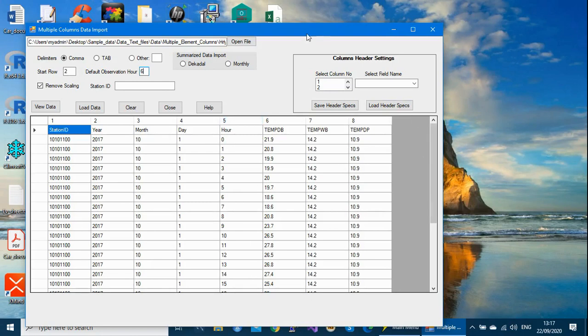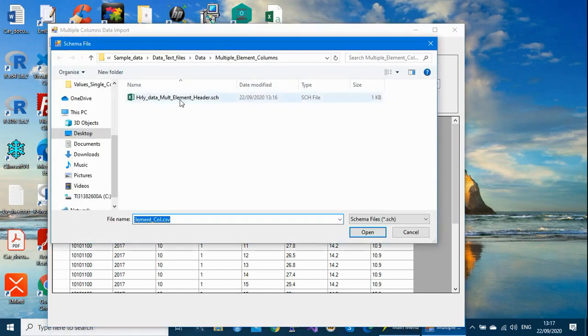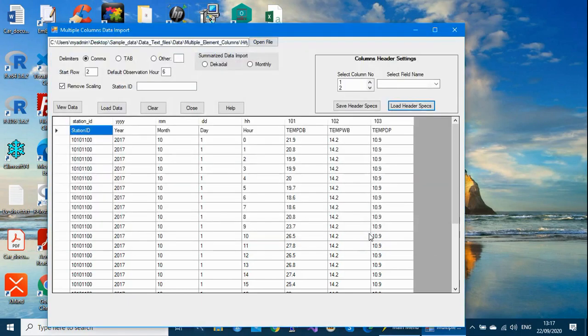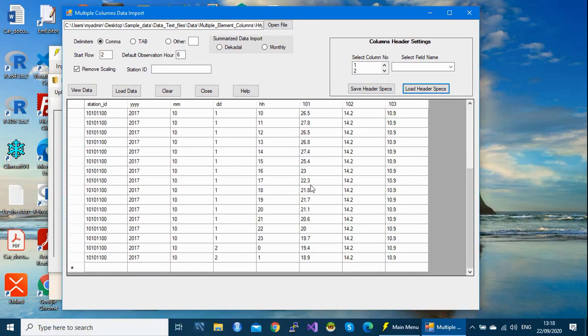So the next step now is, instead of defining afresh our headers, we'll just load our header, just to apply it on top of the file. This is our file containing headers. If you click on open, it will just apply it on top of the file. So as I said, since we have the column for hours, the system will not consider this one. It will rather use this one because this is hourly data. Okay, so this is how it is. So we are ready to load our data.